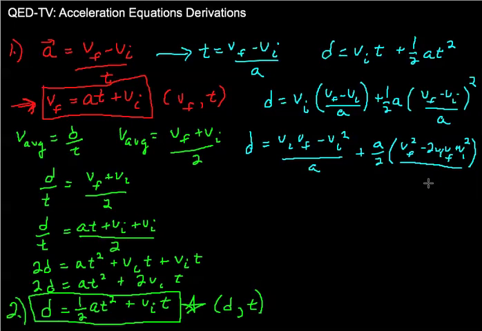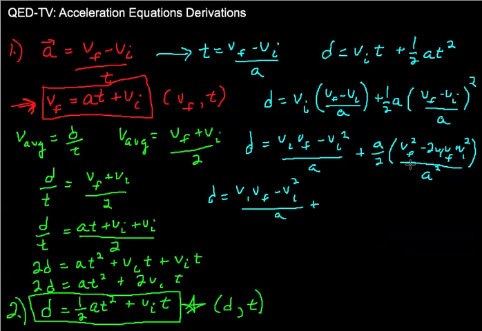And this is getting to look very bad. I really apologize about this. I'm just really bad at this. All over A squared. Okay, so that's a minus 2 Vi Vf in there, and I'll try to clean that up next time around maybe. So I'll move over a little bit. D equals, and we'll have Vi times Vf minus Vi squared all over A, plus,